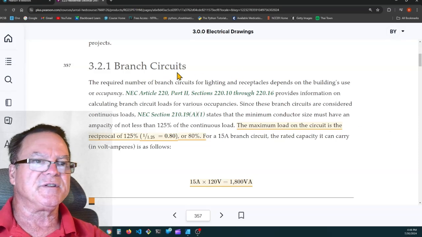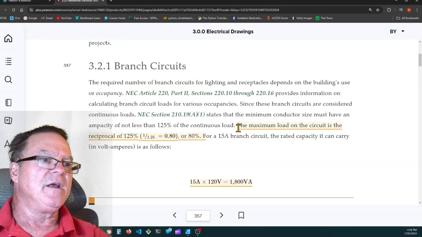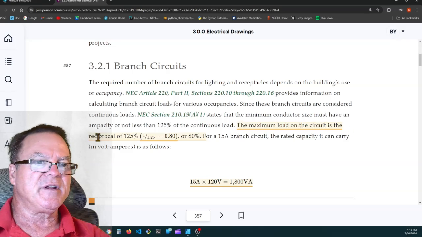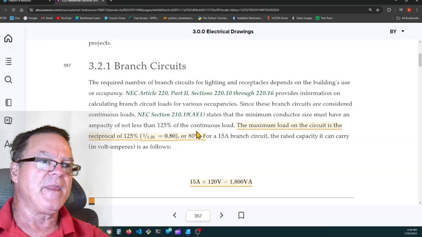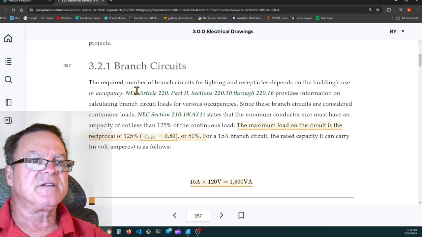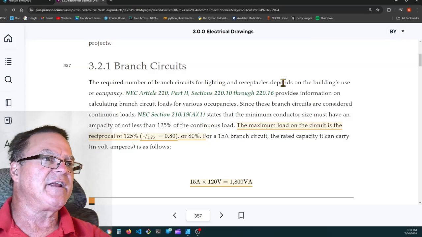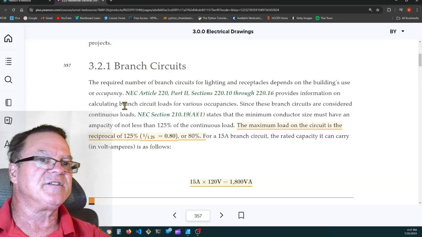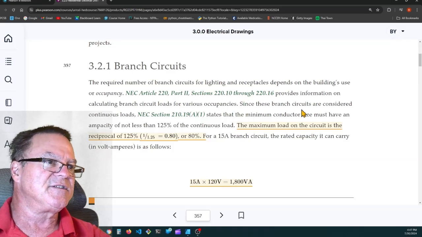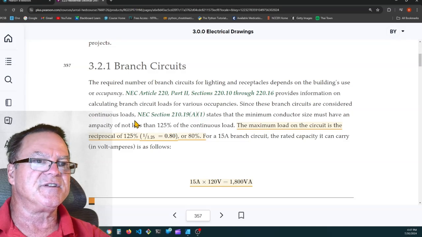3.2.1 branch circuits. Here's a highlight. It says the maximum load on the circuit is the reciprocal of 125%, which is 80%. So basically the required number of branch circuits for lighting and receptacles depends on the building's use or occupancy. Article 220, Part 2, Sections 220.10 through 220.16 provides information on calculating branch circuit loads for various occupancies. Since these branch circuits are considered continuous loads,